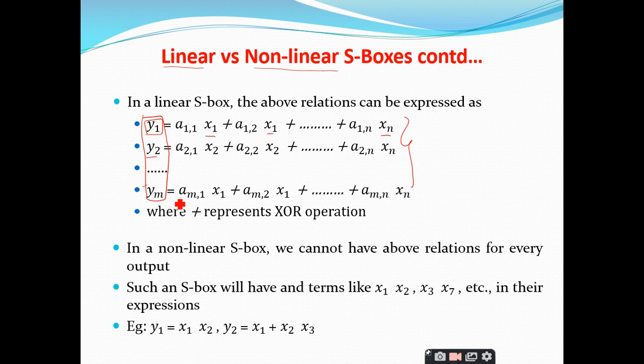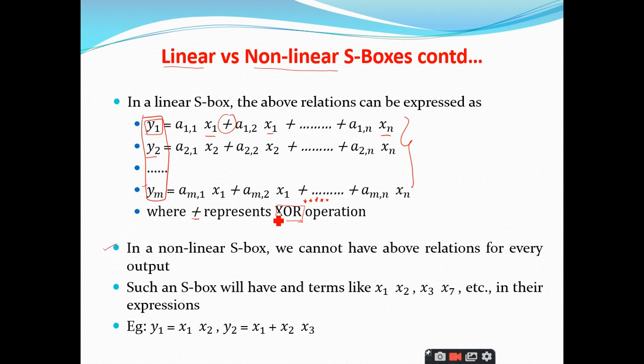Is it clear? And remember here, for example, if I take y1, it is defined as a11 x1 plus a12 x2 plus, and so on, a1n xn. Here plus is not an addition operation, you consider this as the XOR operation. Since I couldn't find this XOR symbol, I have denoted it plus, where you have to treat it as the XOR operation. See here, the XOR operation plays a very important role. This I will tell you in the next coming classes. This is how you define a linear S box.